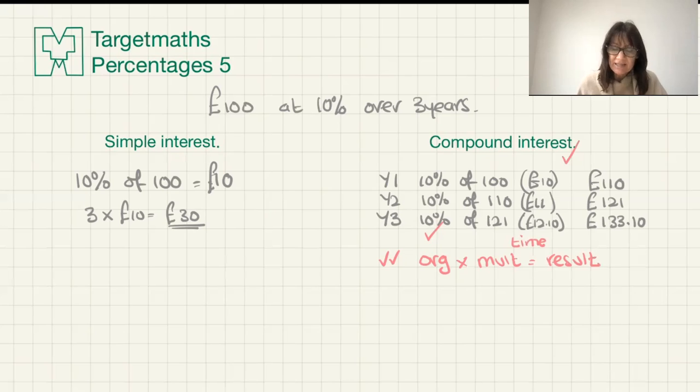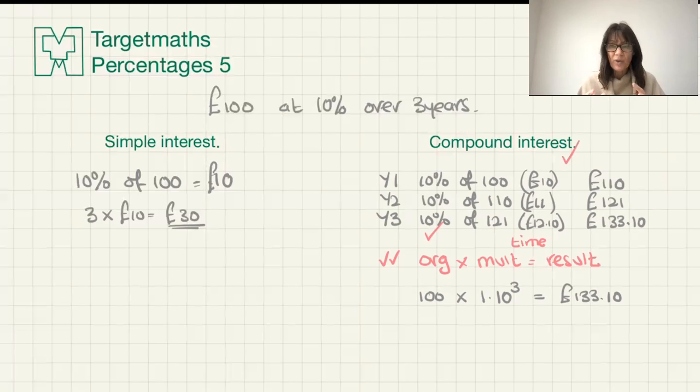So I could have taken this exact same question and said the original was 100. I'm going to multiply by 100% plus 10% as a multiplier. That is 1.1 or 1.10. If you included that 0, it wouldn't be the end of the world. And then I've got 3 years in the question. That period of time is a power. And if you put that directly into the calculator, it is going to give you that same result of